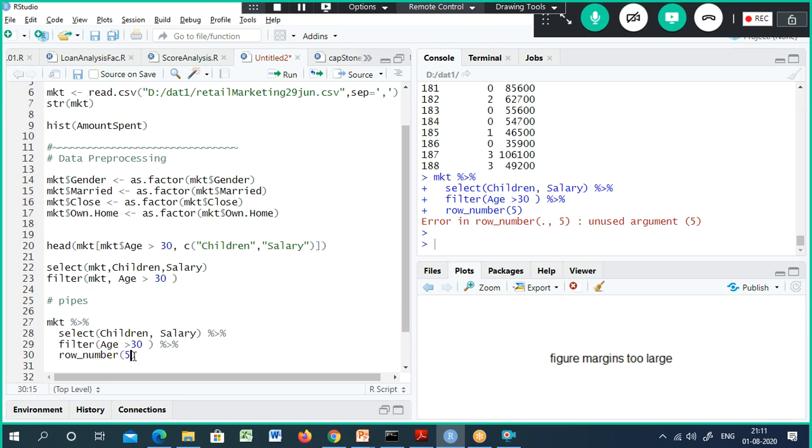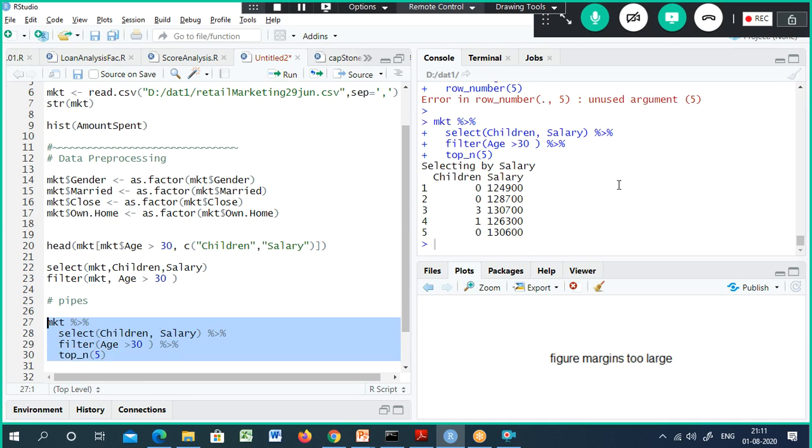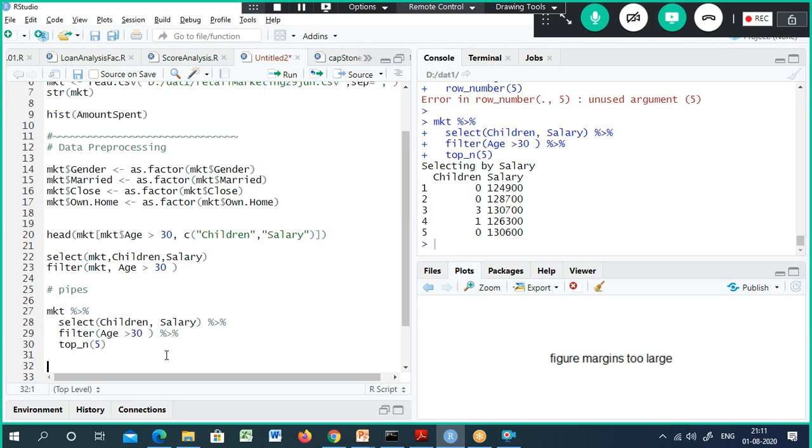Okay, what we will do is, instead of that, I want to view top n, top 5 salary. So top 5 records from this data set we can say.